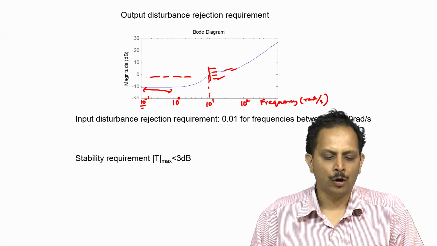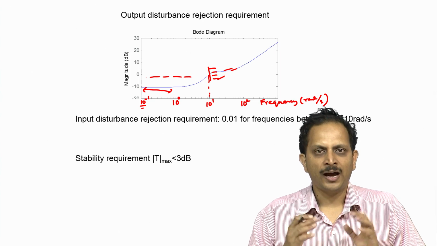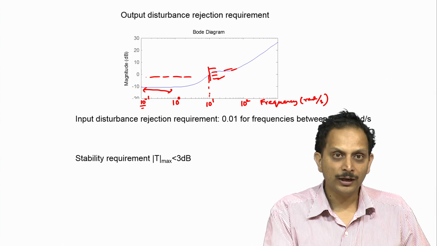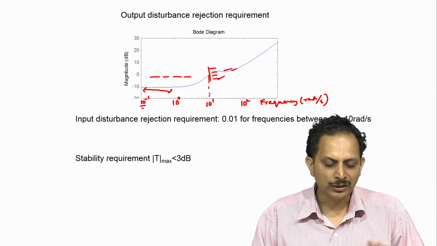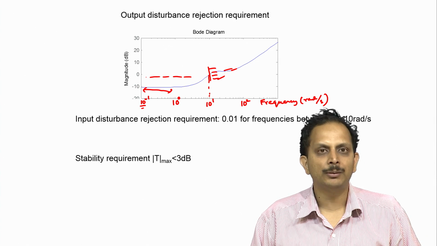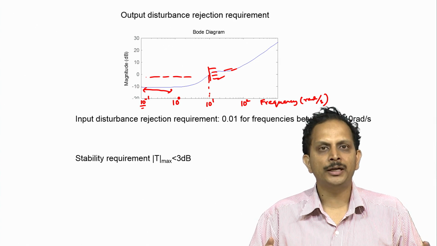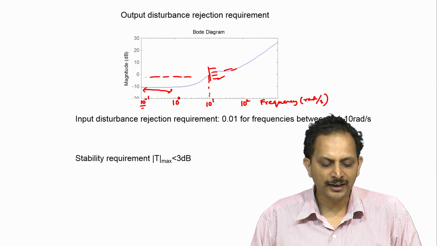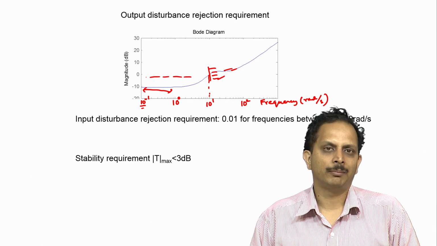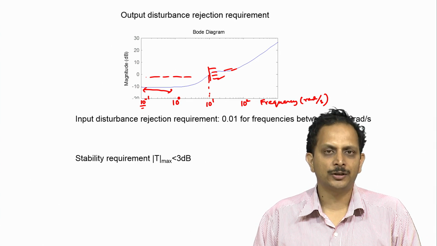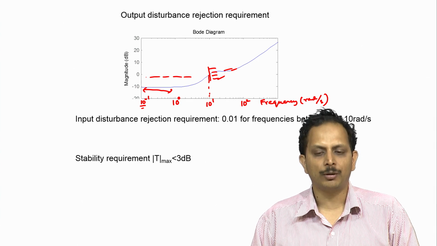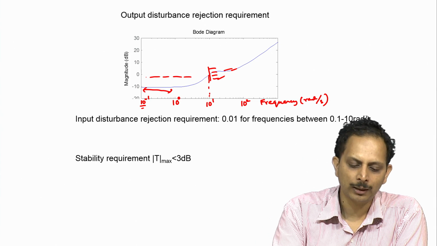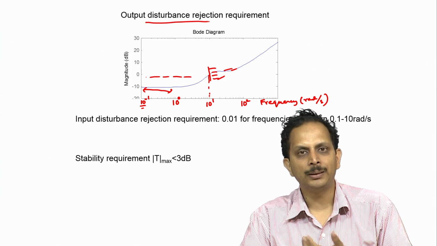because our output disturbance in this particular case has its frequency content only up to 10 radians per second, and in the low frequency range, or in the frequency much less than 10 radians per second, namely between 0.1 and 1 radian per second, we want it to be suppressed by minus 10 dB, and at 10 radian per second we want it to be suppressed by minus 6 dB, or in other words suppressed by 50%, and we do not care about the performance at higher frequencies. This is the output disturbance rejection requirement that has been specified to us by the people who want us to